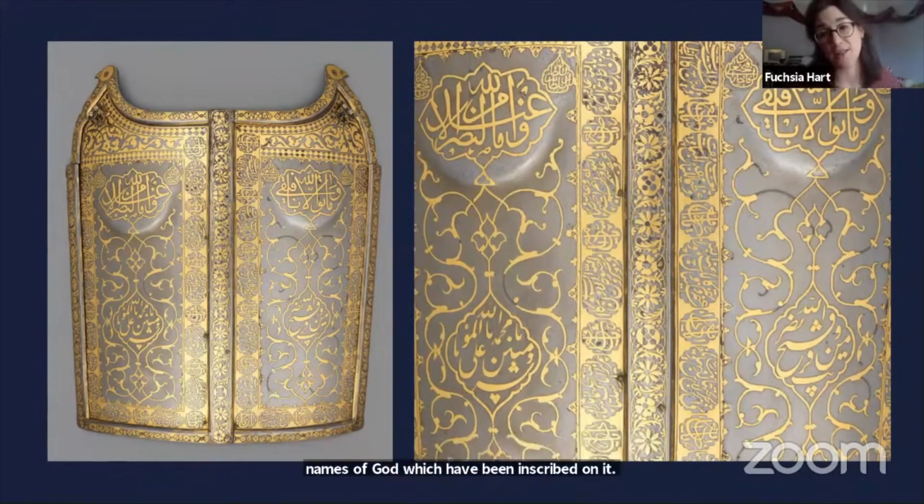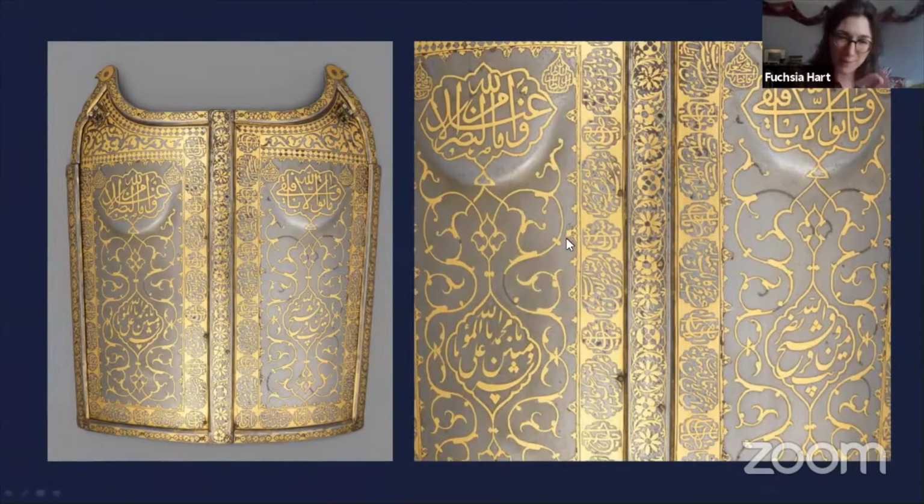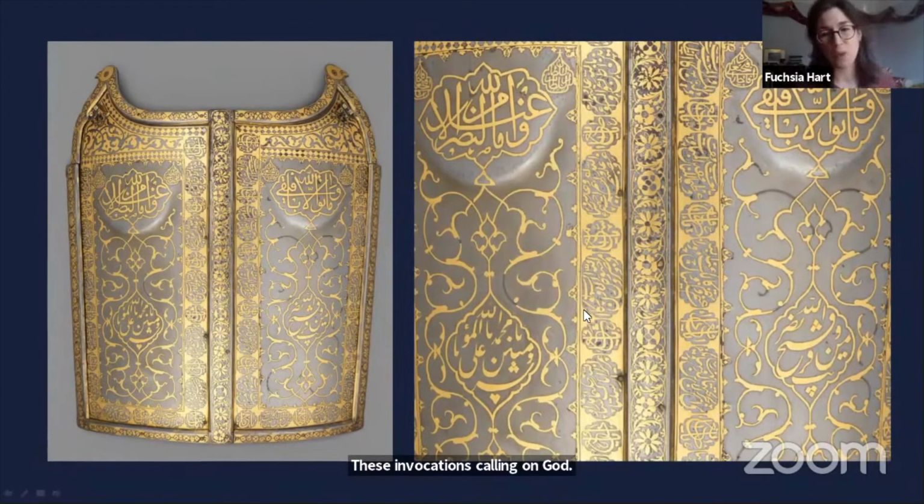And there are other things as well that mark it out as distinctively religious. And so that was my first type of inscription, of these epithets, these invocations calling on God. The second type we've got is poetry. That's actually in the larger cartouches here. We've got poetry in Arabic again, which invokes the names of the Prophet and Ali and Fatima, and then their